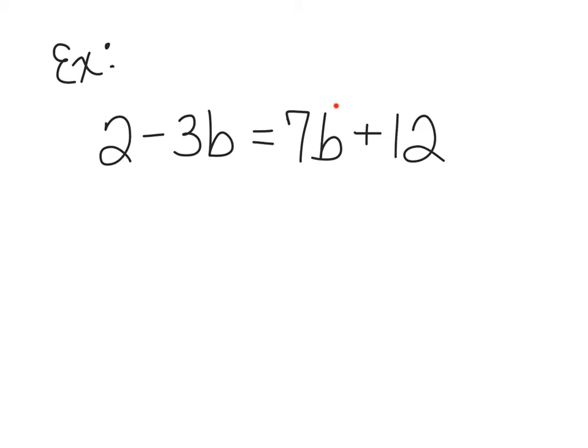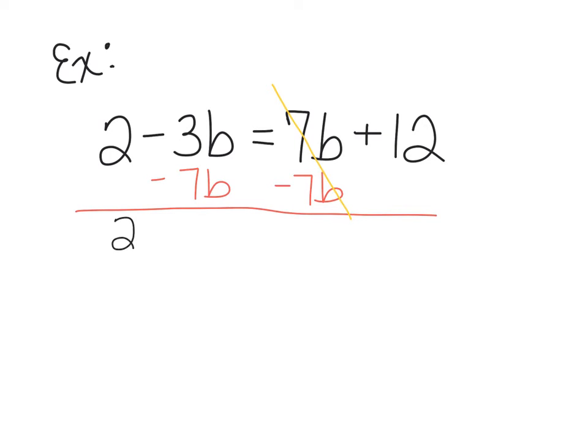When I move this 7b across the equal sign, I am subtracting 7b. Why am I subtracting 7b? Because that's the only way it is going to cancel. So that 7b right here and this negative 7b, you see they're canceling. There's no more 7b on the right-hand side. It's now moved to the left-hand side. So what we have now is 2 minus